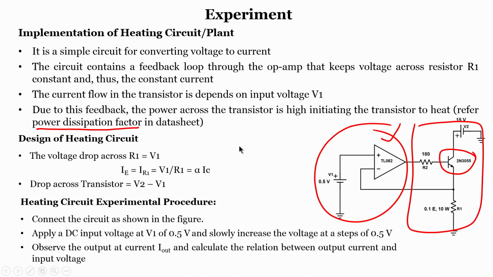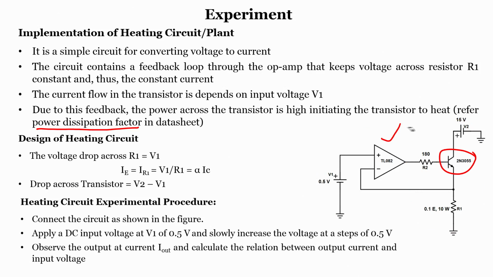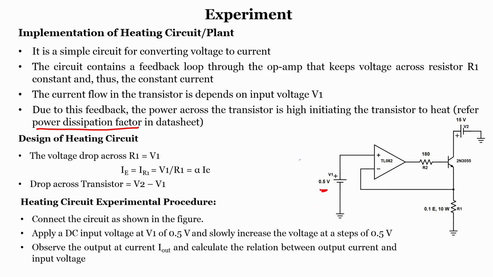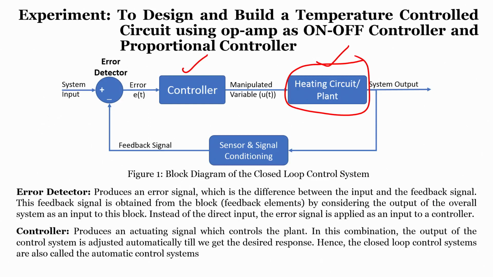So, what we have seen is how exactly, and what range of input voltage is to be applied to the plant, such that it will not damage our plant circuit. That means we require an input voltage of maximum 1 volt, not more than that, right. So, when you look into the system, the manipulated variable value will be 1 volt. This 1 volt is not generic for all plants, it is particular to this plant.